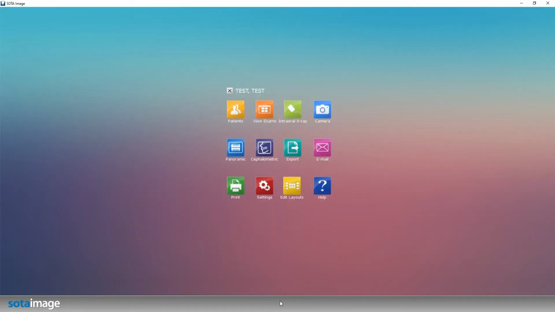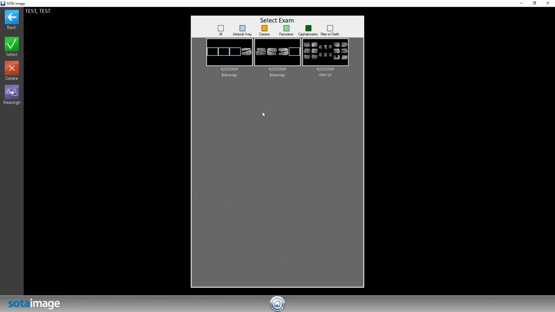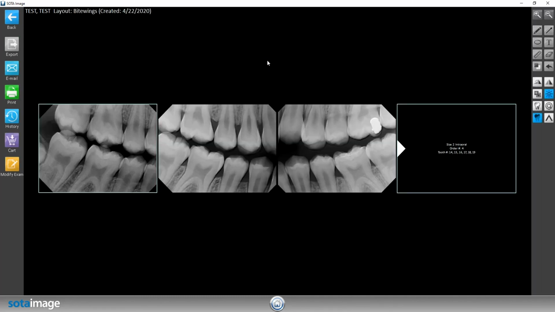Now that that's done, I want to go to the home screen again, go to View Exams, go into the exam with the most amount of images now, click on Modify Exam,